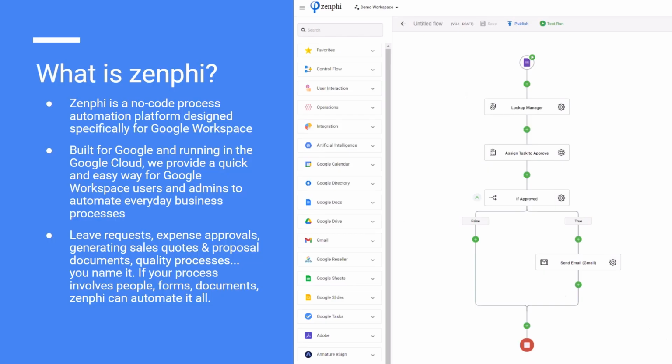Hopefully everyone on today's call is familiar with Zenphi, but for those of you who are not, Zenphi is a no-code automation platform that has been designed specifically for Google Workspace, and it runs in the Google Cloud. It has seamless integration with all the Workspace apps such as Sheets, Docs, Forms, and it makes automating processes involving these applications really easy. Zenphi also has integrations with other popular CRM systems, digital signing platforms, and other line of business systems to make end-to-end process automation as easy as just dragging and dropping the different actions from the toolbox